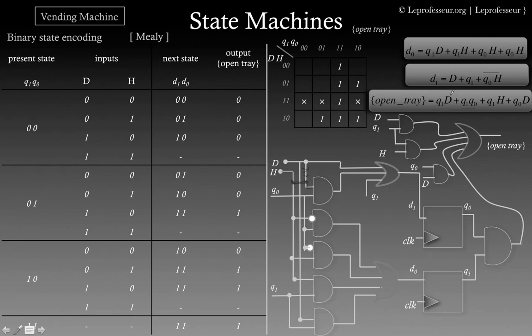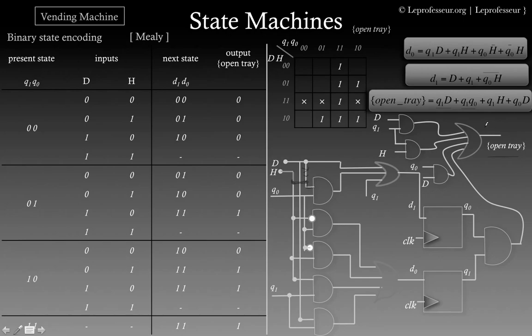plus extra is input D and Q1, input D and Q1 ANDed together, okay, and then Q1 and H, Q1 and H, okay, and Q0 and D. And for input OR gate, that is our open tray